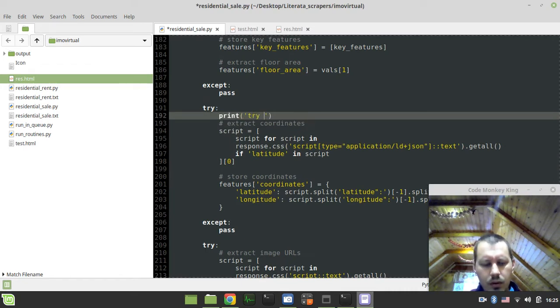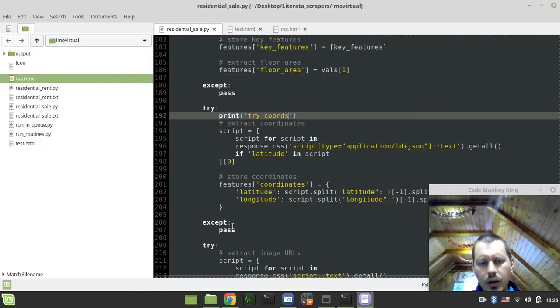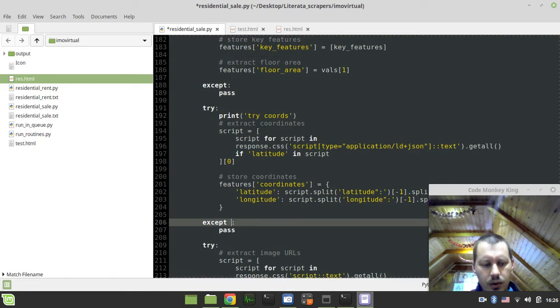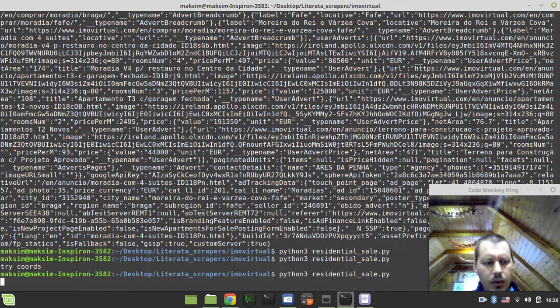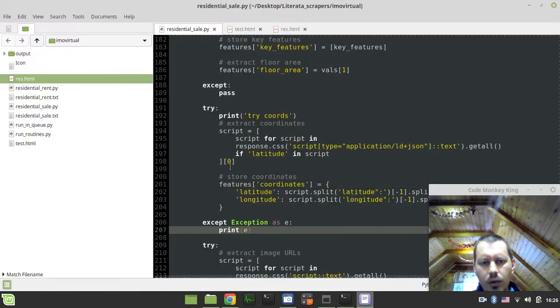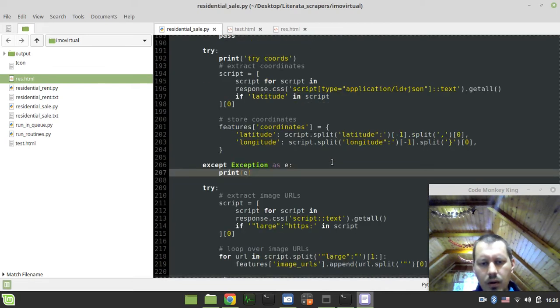Try coordinates. Okay, so it tries the coordinates. What's around there? Except exception as E, and print the exception. So I'm wondering what's getting a list index out of range. And here, response CSS script text if large HTTPS in script.